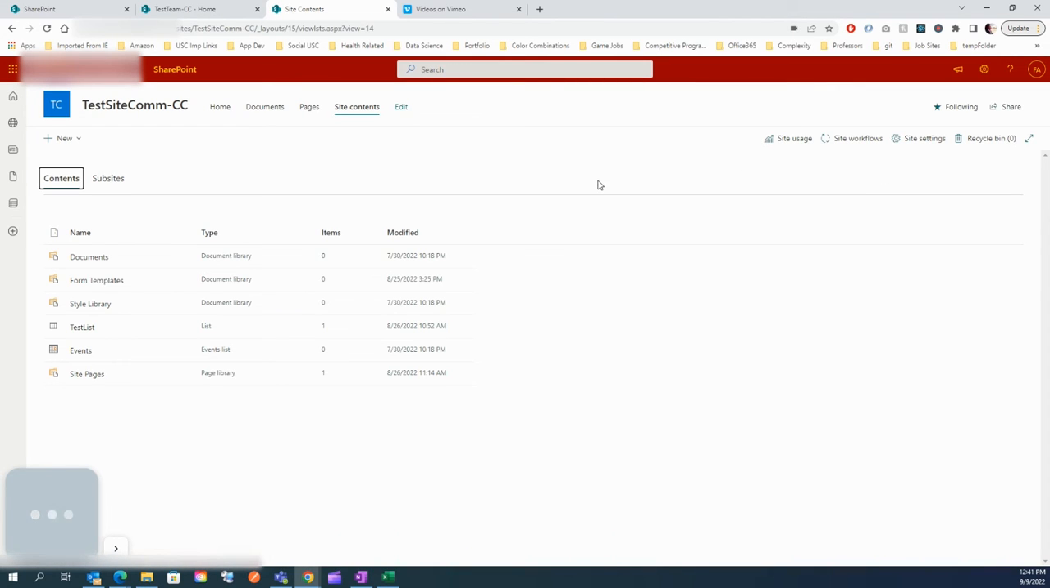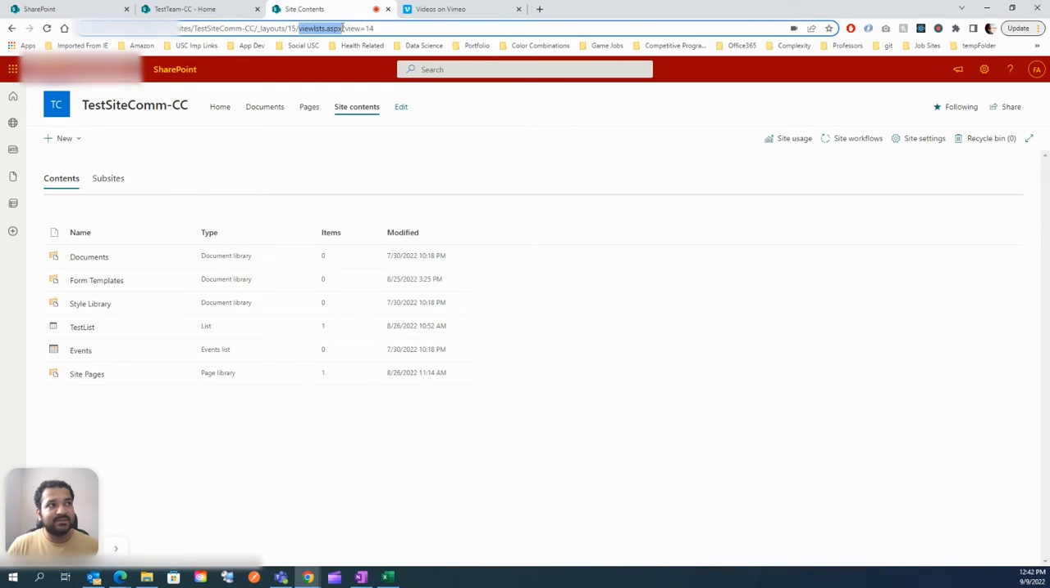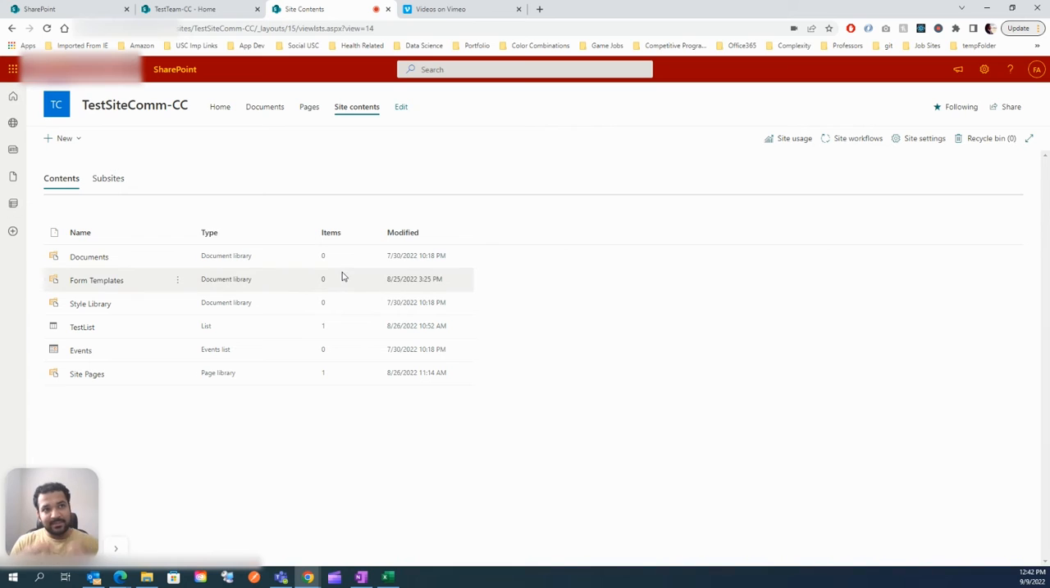So let's go on to site contents and see what we have. You see we have the header, which remains the same. Then we have everything below this. This is actually a page. This is, you see, viewlist.aspx. This is a page. It's the same concept, but this is site contents, which is only accessible to site owners